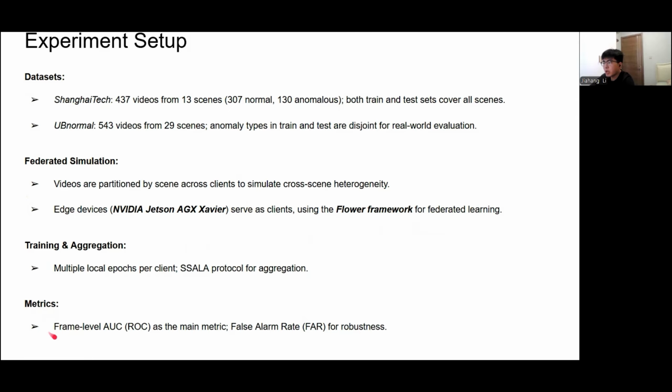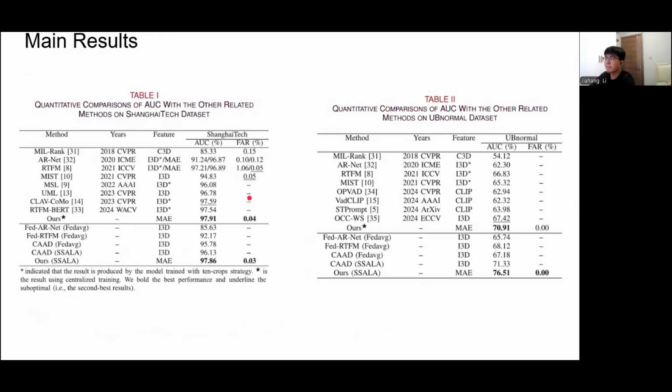To evaluate the performance, we use the AUC-ROC as the main metric, and also measure the false alarm rate to check how robust our model is. We can see from the results on ShanghaiTech and UV that our model outperforms the baseline models. It achieves higher detection performance and a lower false alarm rate.